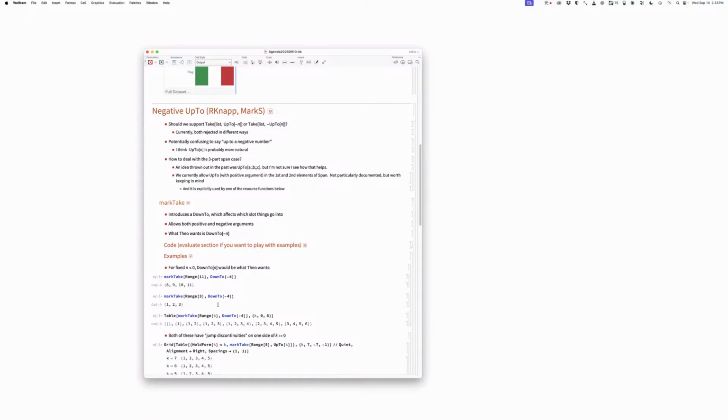Right. So this is part of the question. Right. So Mark made a proposal. Okay, but I'm wondering about this case, right? And then the question is, what is up to of -4, or is it minus up to of 4, which is not currently supported? Yes, one idea is that minus up to of 4 could mean